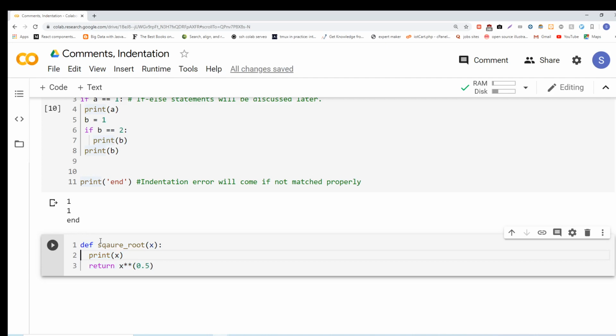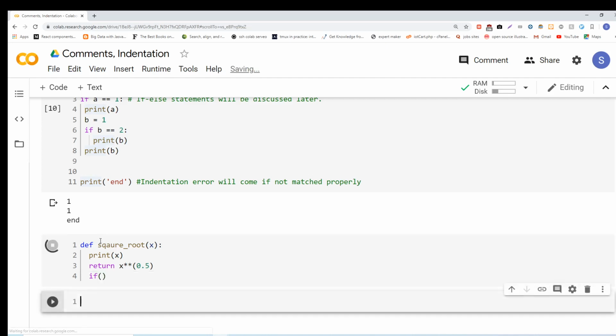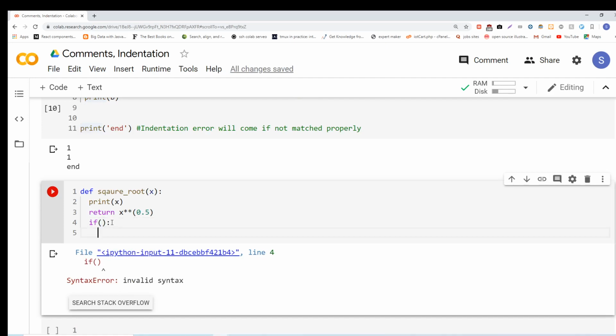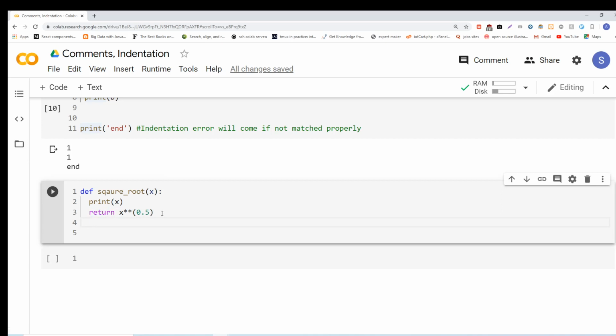Now I have to mark where the function starts and where it ends. So how do I do that? I'll again do it using indentation. Here I'm using two spaces of indentation. So all the statements which are inside this function, I'll use at least two spaces of indentation. And if I have some other block, for example some if statement, for that I'll use separate additional indentation. Otherwise, I'll use only two spaces of indentation for the whole function. Now if I call this function here,